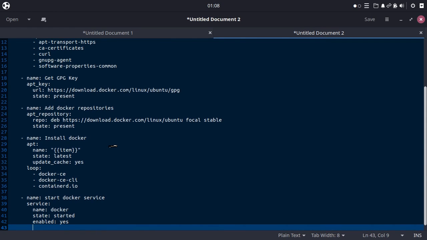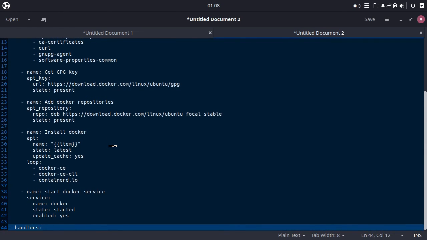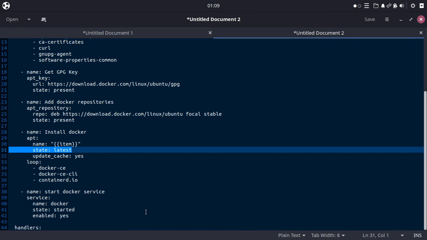Okay, now handlers. Again, as I told you before, handlers are basically just another task, but it will be executed when one of the tasks above makes changes on the targeted host. For example, this process with state latest.